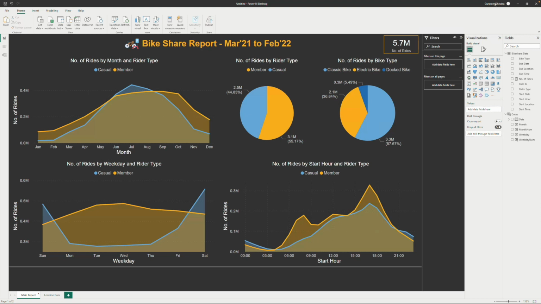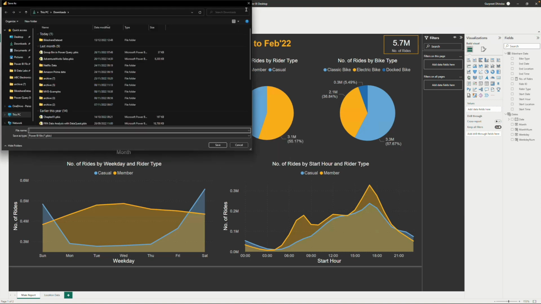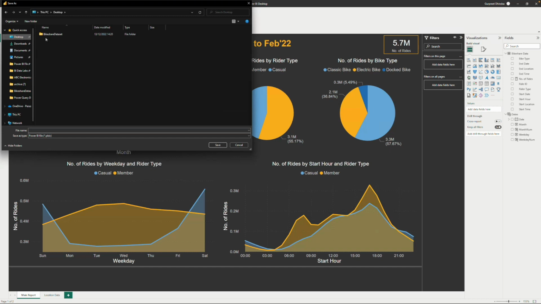You can see here I'm already logged in. I have already created a login on Power BI service, and all I need to do is push this button to publish this report onto the cloud, onto Power BI service for sharing further. If I just click here, publish, it's asking me to save first. Obviously we haven't done our save here, so I'm going to save my file